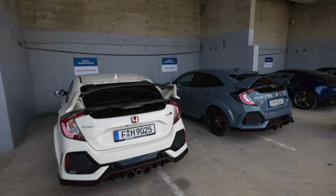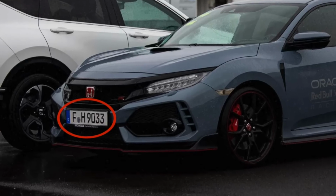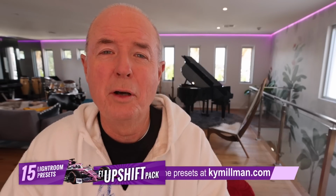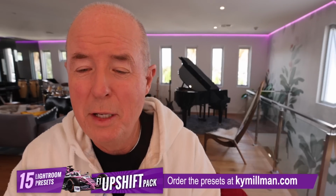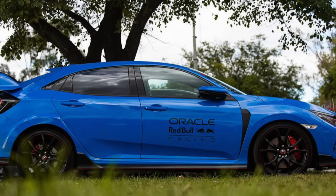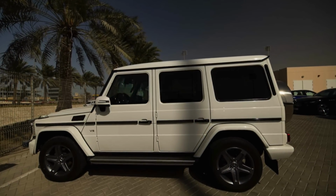Next up, the Red Bull drivers, and Max Verstappen driving a Honda Civic Type R. As I mentioned earlier on, these cars are ferried from one European city to another. They are exactly the same cars with the same number plates. And this year Max has been loyal to the Honda brand, rolling up in Hondas for all but one race, and I'll get through these now. He's used a Honda Accord, an NSX, an Integra, 7 Type R Honda Civics. He's arrived by boat in Monaco, and the only non-Honda car that he was driving was this G500 G-Wagon in